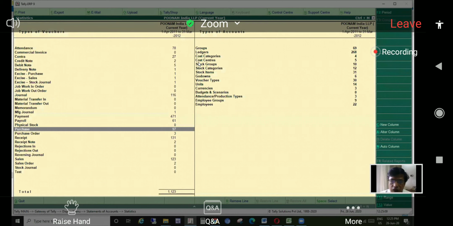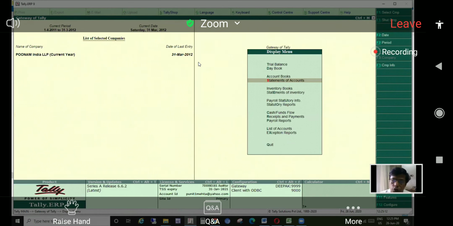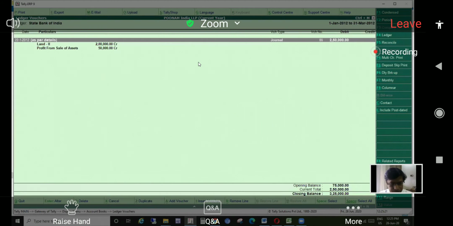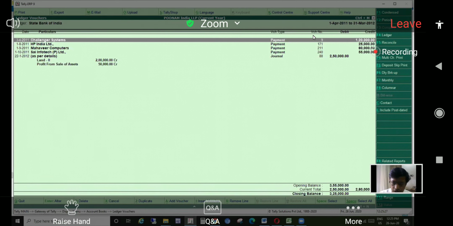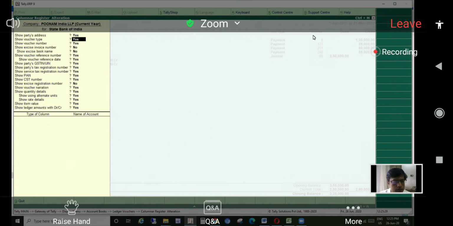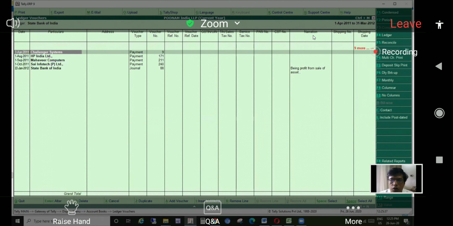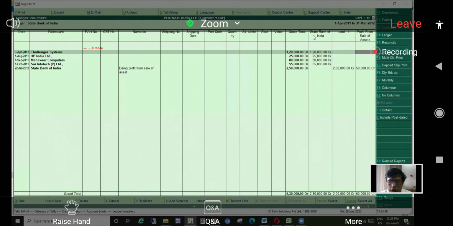There is one more columnar report before going to the actual audit tool that you want to learn. This is display of books, ledger. Suppose this is your bank report for the entire year. Here again you can click on Alt F8 and select all items, automatic columns. This is another option that you might have. It is useful when we are doing it in bank or cash summary. Here we get the summarized information, ledger wise, of what was debited or credited.